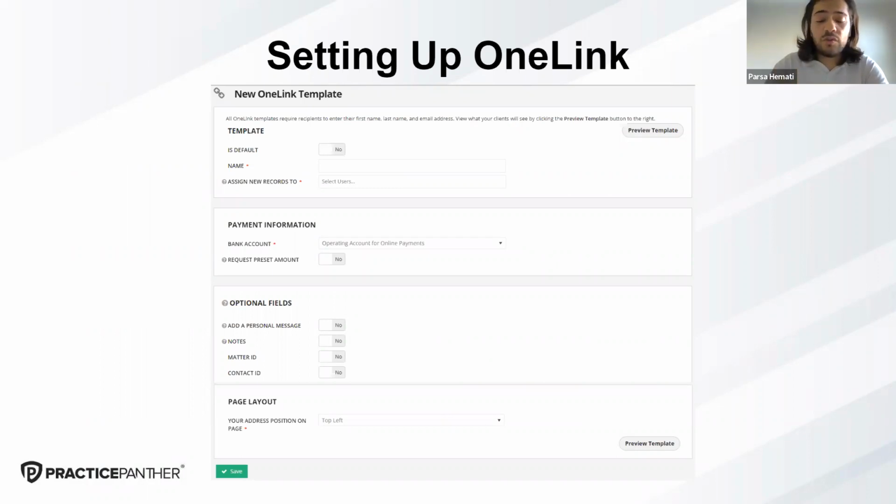Over there, you will see that we've already built out a couple pre-built ones for you to get started. But if you'd like to create a new one from scratch, you simply click new, create new OneLink template. You start off by naming the template first, and that's preferably something that will serve the purpose of the template. And then you assign the task to who's working the OneLink, or who's going to be responsible for that payment